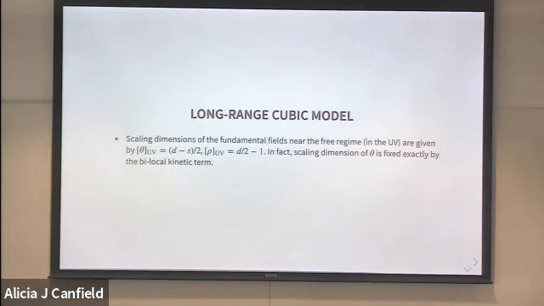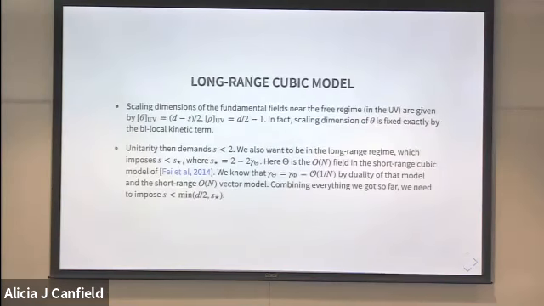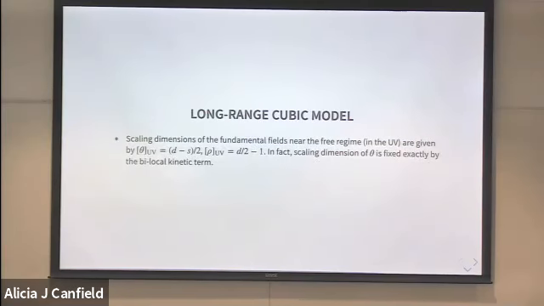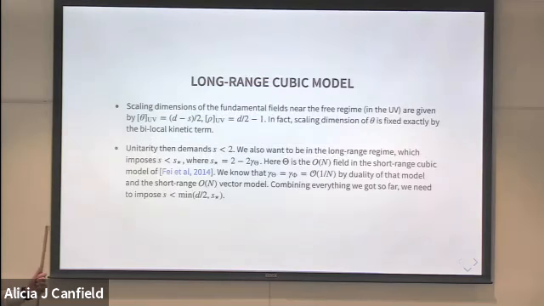Now let's see. So we're going to be solving this model perturbatively in epsilon expansion. So you notice that the scaling dimensions of your degrees of freedom in the UV are known. The scaling dimension of theta is actually fixed exactly by the nonlocal kinetic term. The free scaling dimension of rho is just that of a free scalar. And